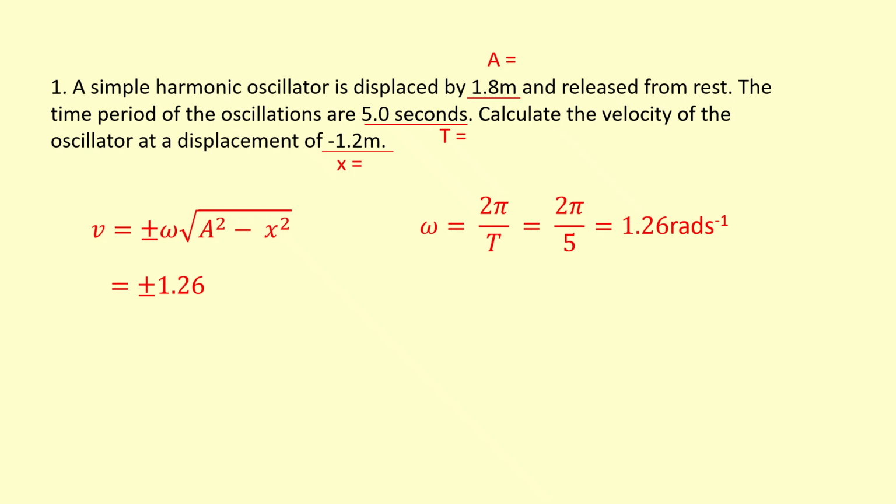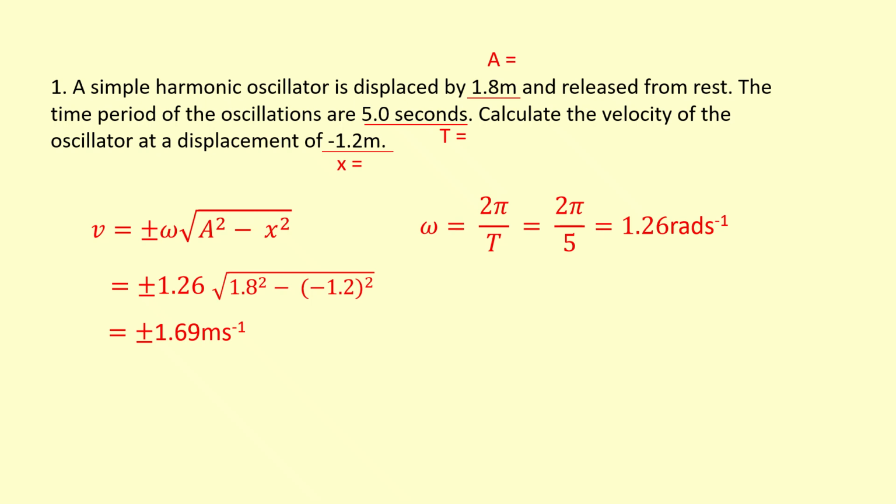Square root of amplitude squared, so that's my square root of 1.8 squared minus the displacement we're looking for, in this case 1.2 meters squared. And so you can see the negative doesn't matter, because when you square something, the negative won't have an effect. So if we put the numbers in, you get plus or minus 1.69 meters per second. So it could be going towards the left or towards the right, or up or down, depending on what kind